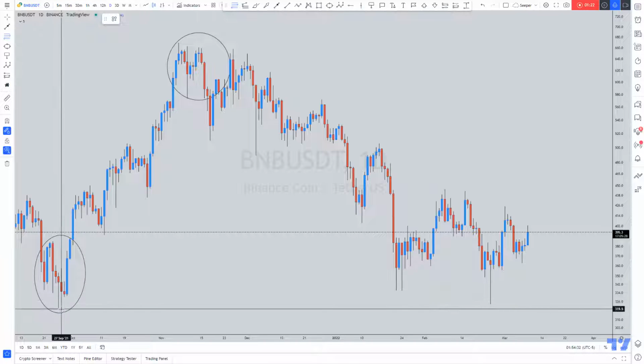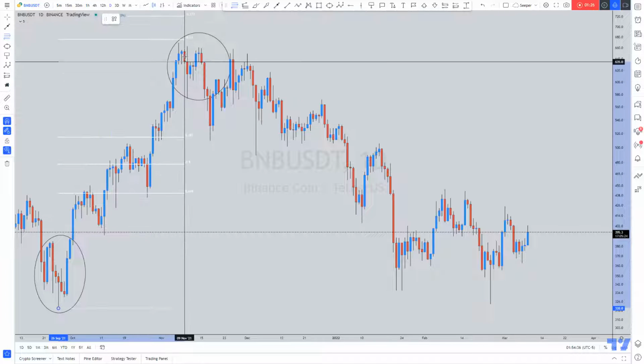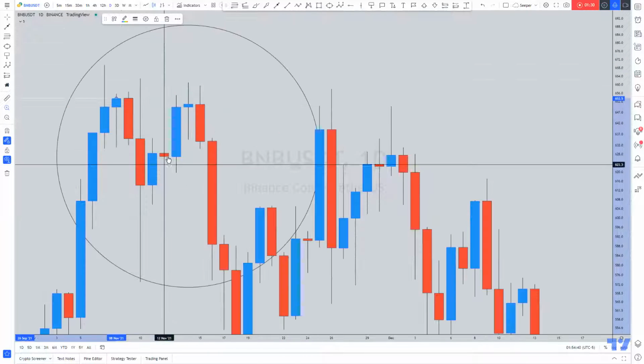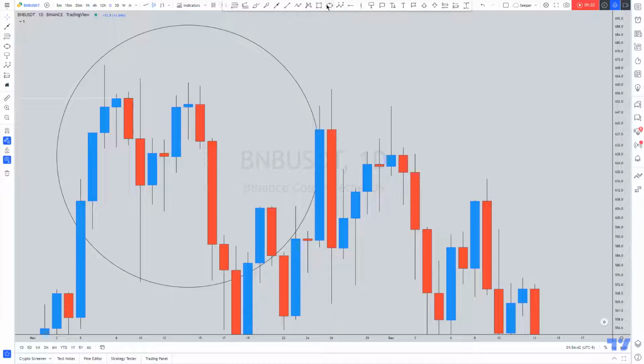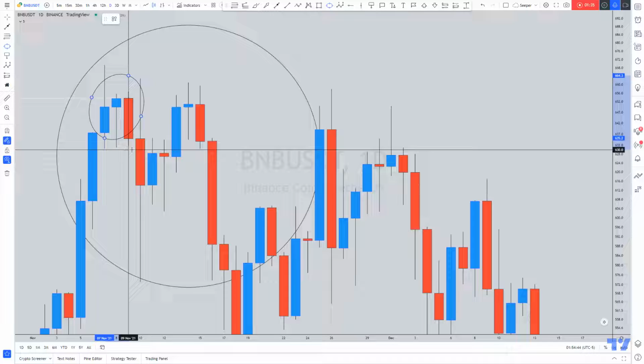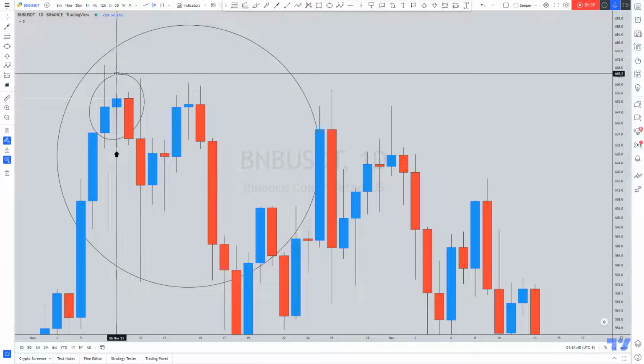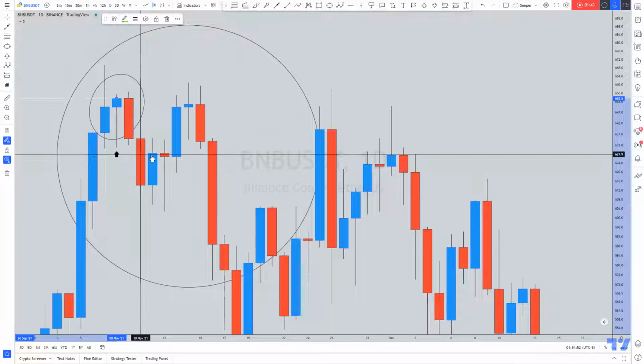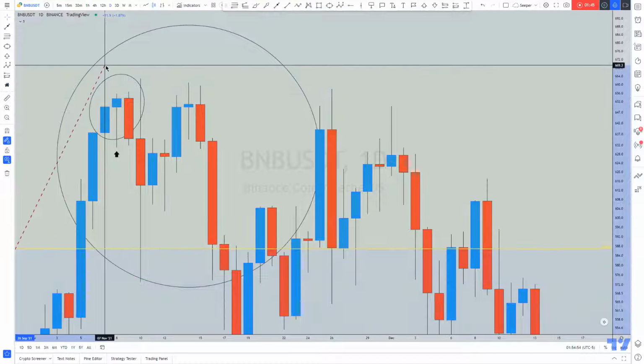I guess I'll go from this wick. I'll go from the bottom of this wick up into the closure of this highest bullish candle. Now, let me zoom in to be specific. This candle right here is the candle I'm looking at, right? This one right here. And instead of me drawing my Fibonacci up here,